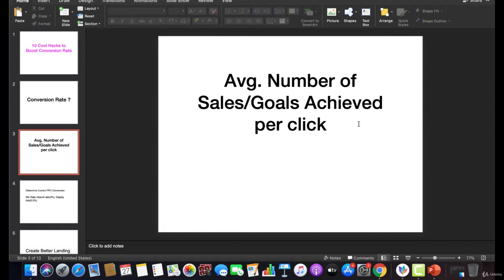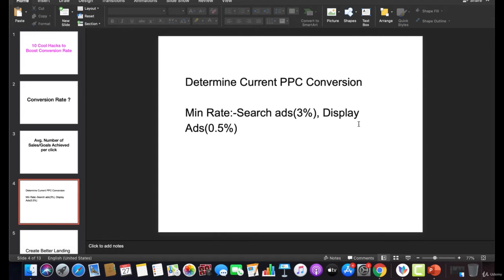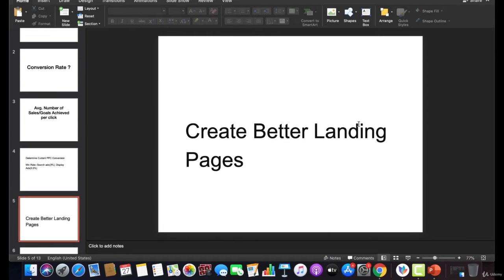Like I'm getting 100 clicks and one sale, that means 1% is my conversion rate, and that's how conversion rate works. For PPC conversions, for search ads the minimum is 3%, and for display ads it is 0.5%.